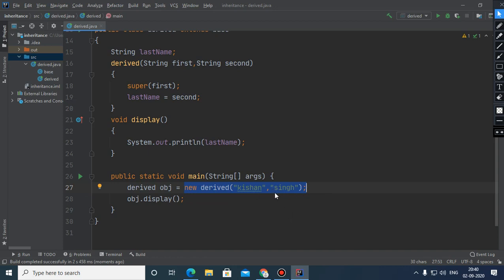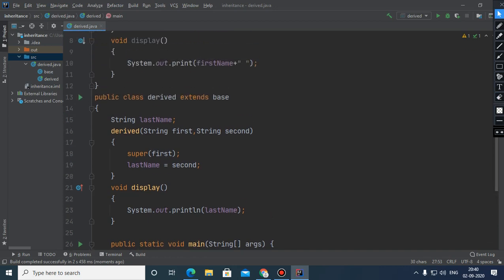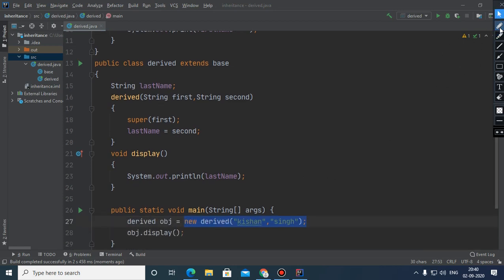Immediately after the execution of this part, the control jumps to this place, where this parameter will get stored in the variable first, and this parameter Singh will get stored in the variable second.